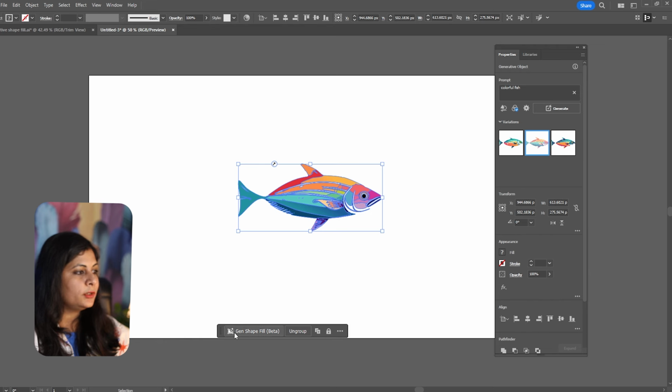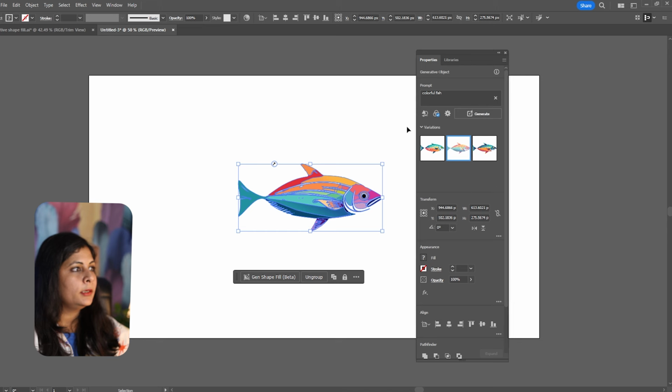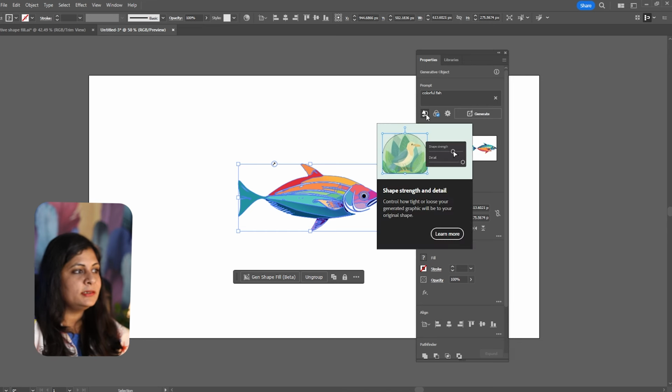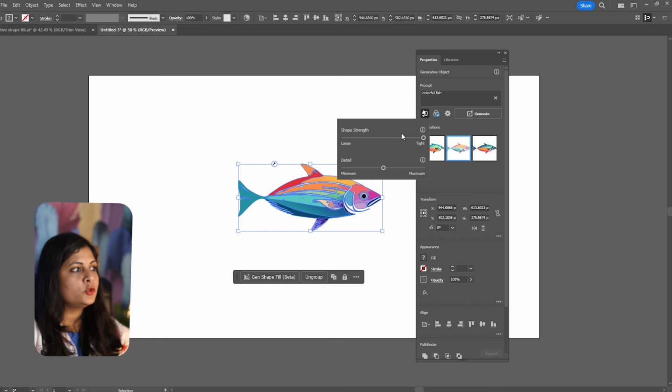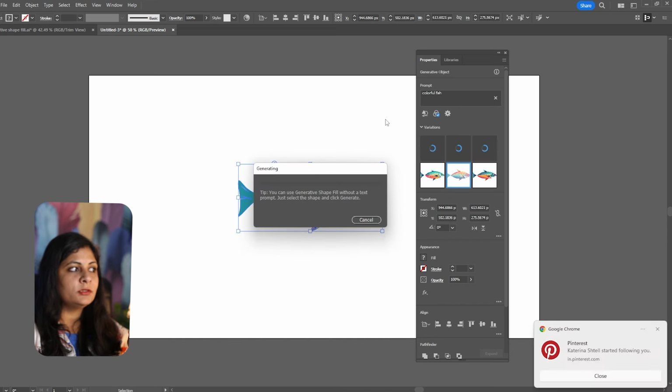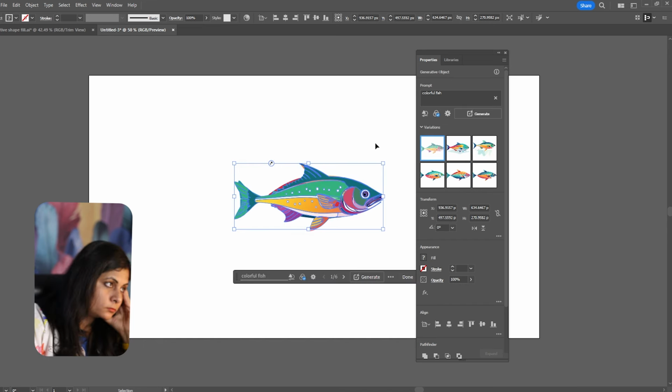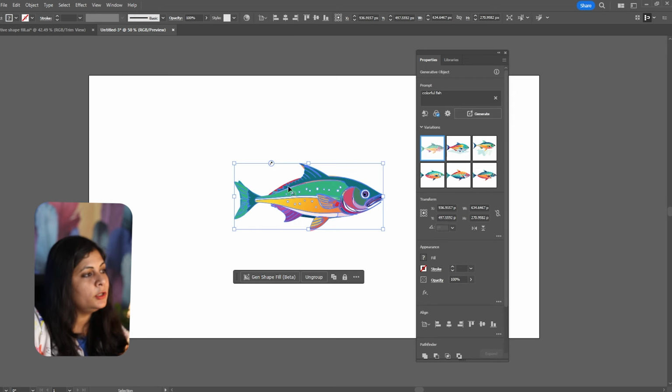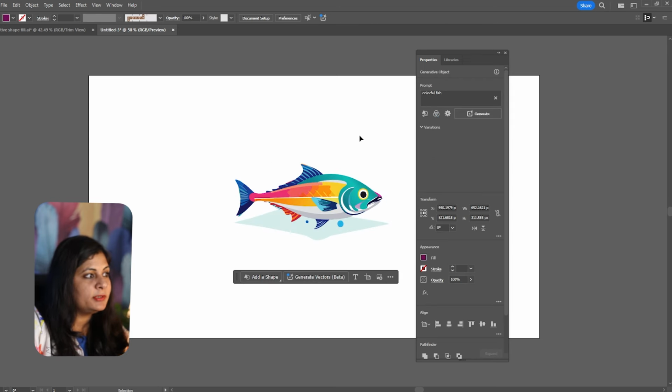Alright, so there's one more thing that we have to take a look at. If we click on this icon that says shape, strength and detail, so right now it's taking the shape very seriously because I have chosen it tight. Now let's make the shape loose and detail as it is. Now if we generate, it will use the shape in a subtle way, just to take a little reference, not 100% as it is. Alright, now you see it's not following the shape very precisely,